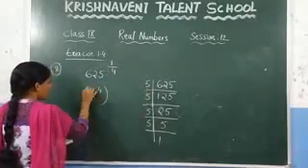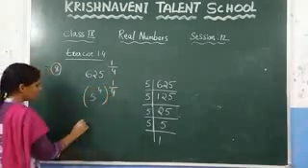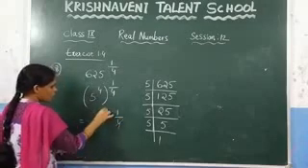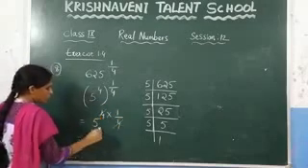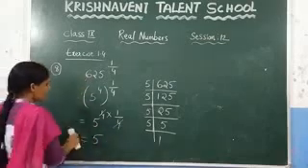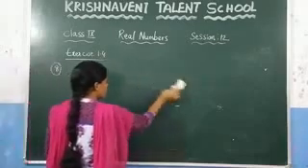Write it as 5 power 4 whole power 1 by 4. Again it is in the form of a power m whole power n. We can write it as 5 power 4 into 1 by 4. This 4 will get cancelled. You will get 5 power 1, which is nothing but 5. You just need to find the factors of the given number. Now see one more question in this.